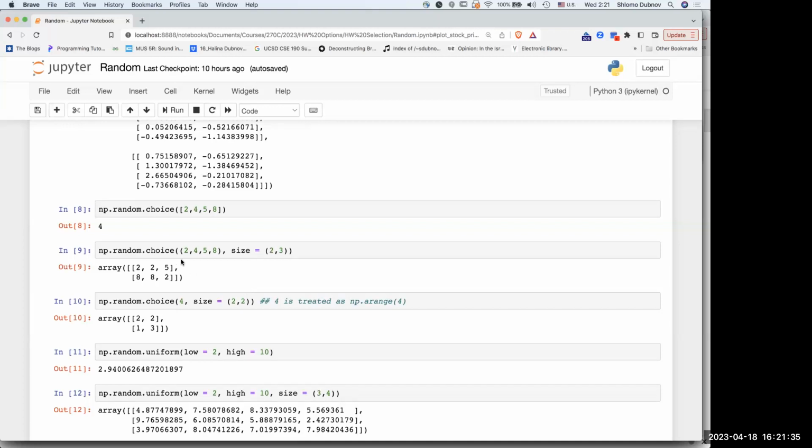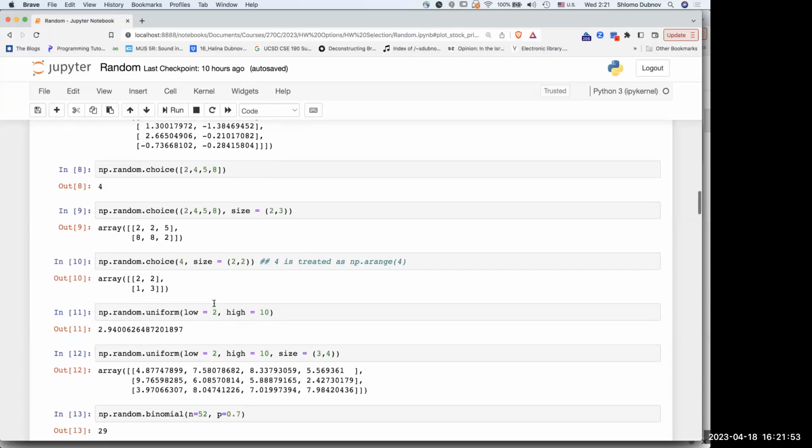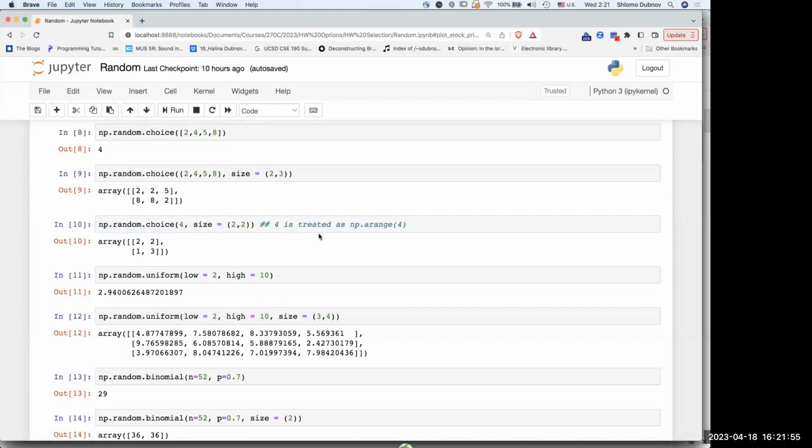And now, if you have a random choice and the size, you can actually make these choices and put them into a matrix. So basically, make a 2 by 3 matrix, every time making a random choice of one of these entries. What else? So that's basically the same thing. You can specify, yeah,